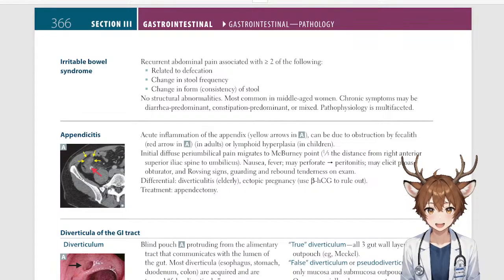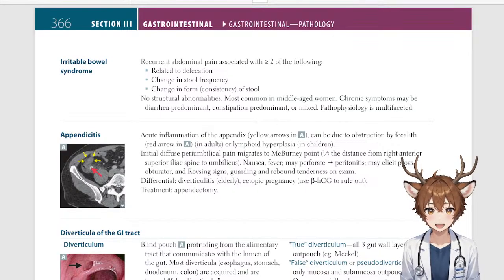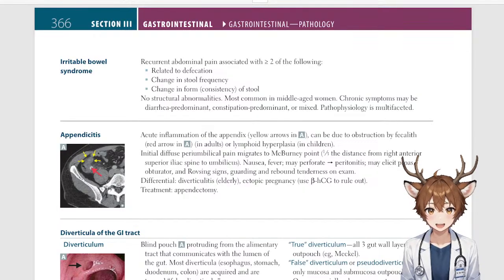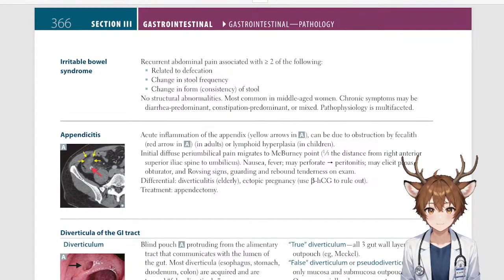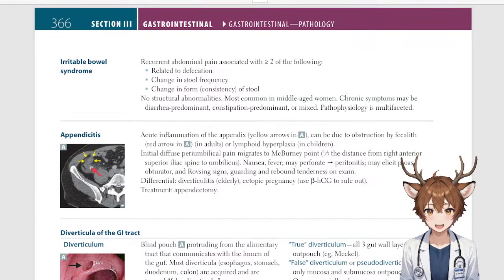Appendicitis. Acute inflammation of the appendix, as shown in the blue arrow. Shown in the yellow arrows in your book. Can be due to obstruction by a fecalith, which is like a fecal stone, in adults, or lymphoid hyperplasia, which is in children. Proximal appendiceal lumen obstruction leading to a closed loop obstruction, which leads to an increase in